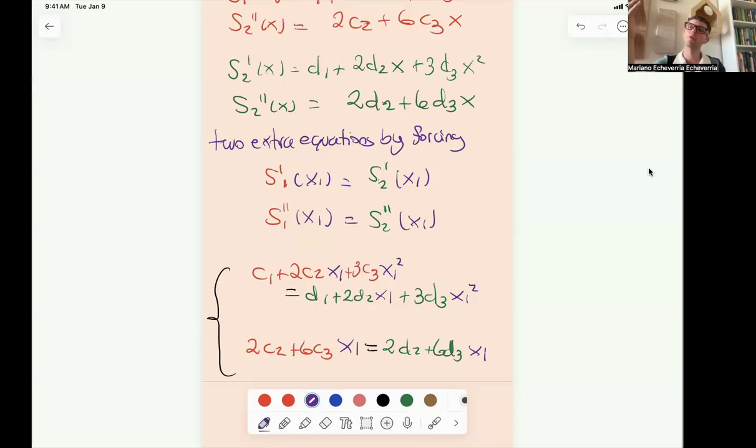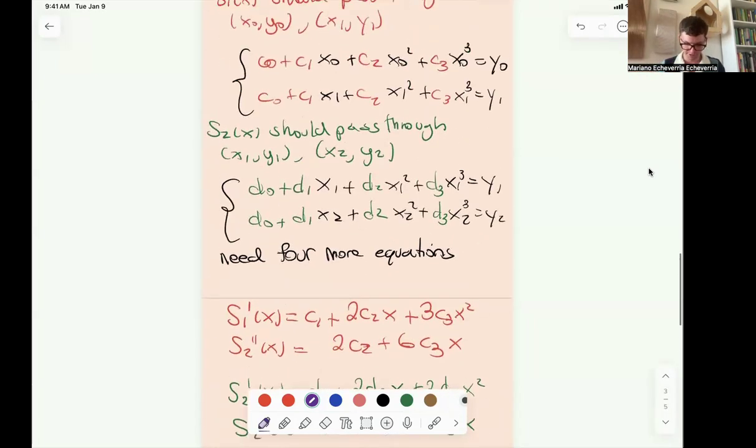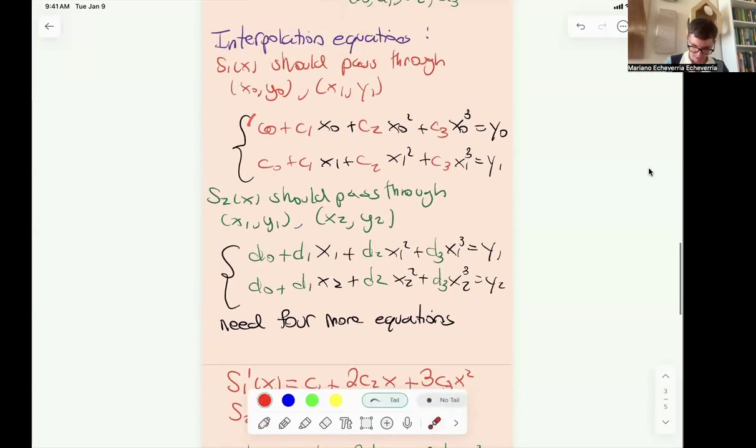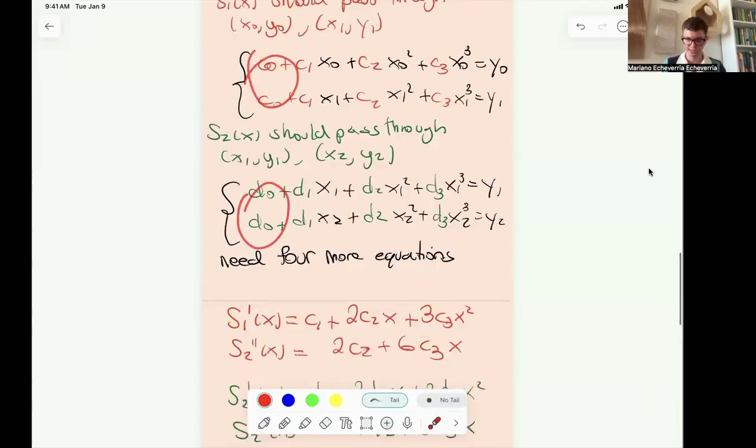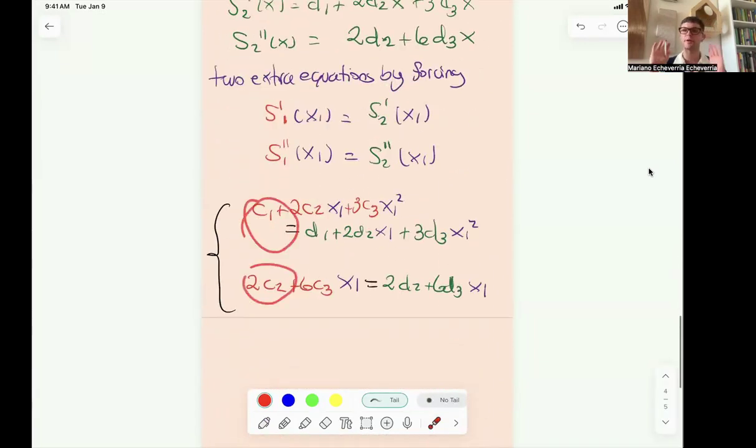So we had four before. We had four equations here, right? We had one, two, three, four equations, then five, six. So far we have six equations, right? We have eight parameters. Okay. So we still need two more equations. That's what I want you to notice, right? So we still need